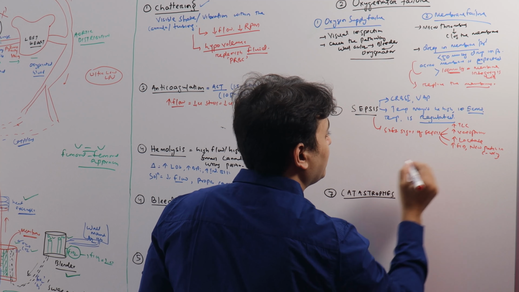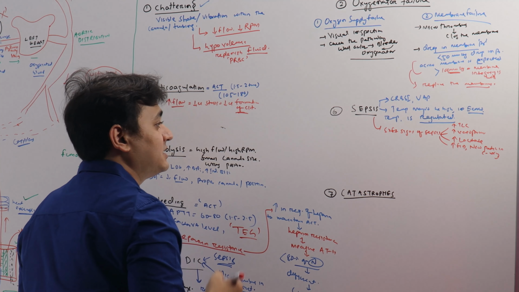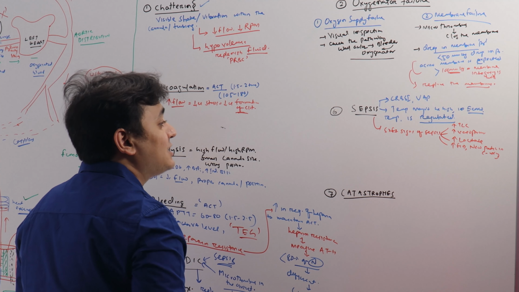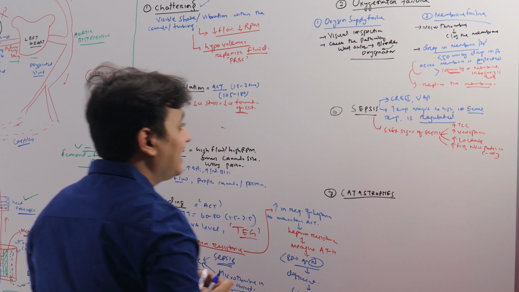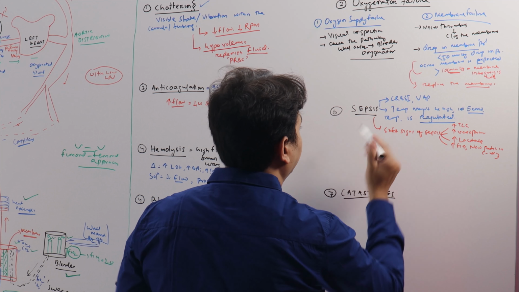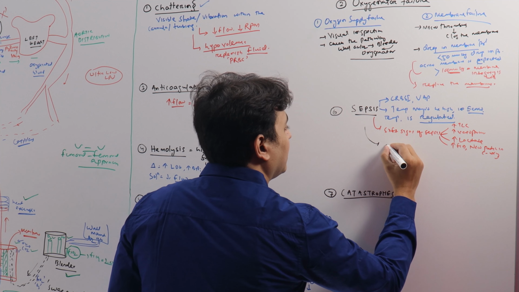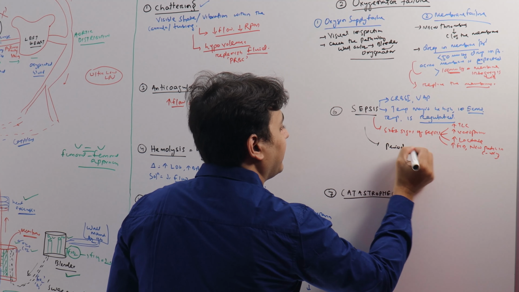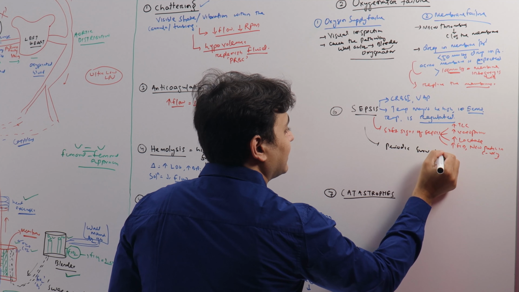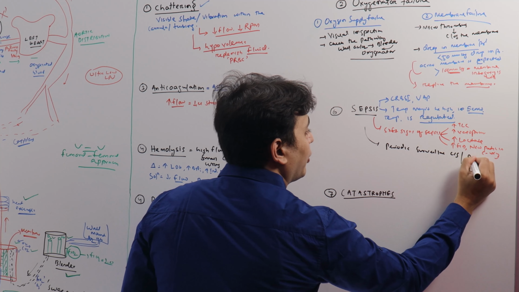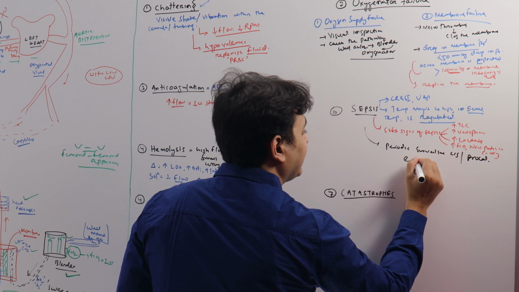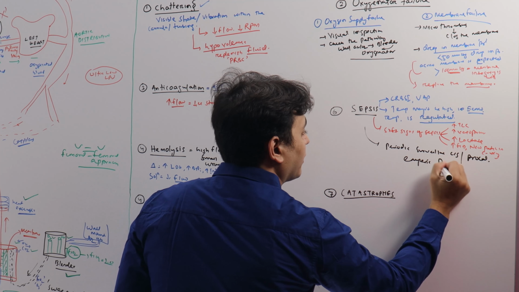So these are the things that you have to see in your patient, whether the patient is developing any signs of sepsis or not, and accordingly we have to treat it, right? So periodic surveillance, culture, procal and empiric broad